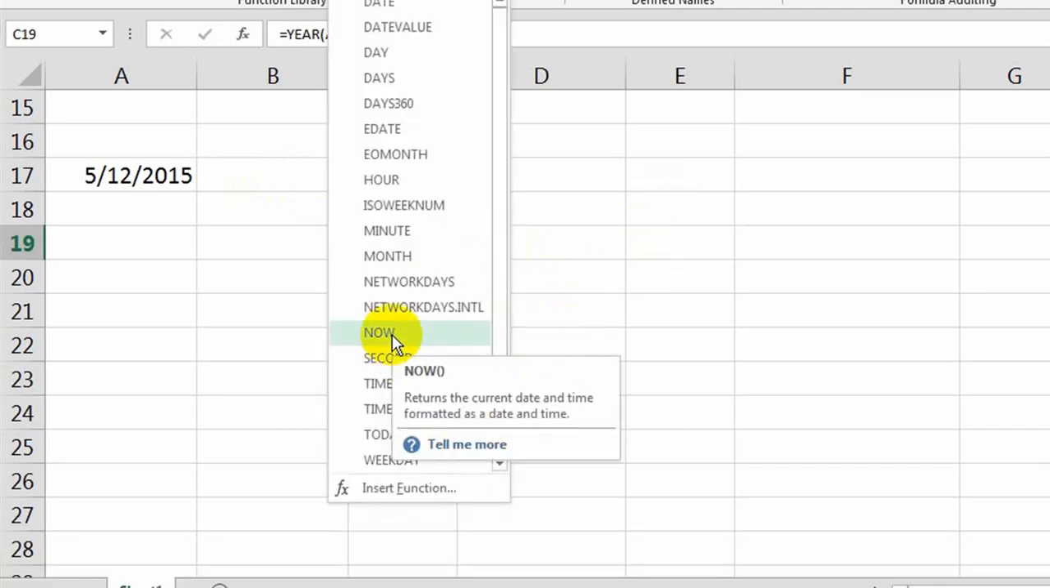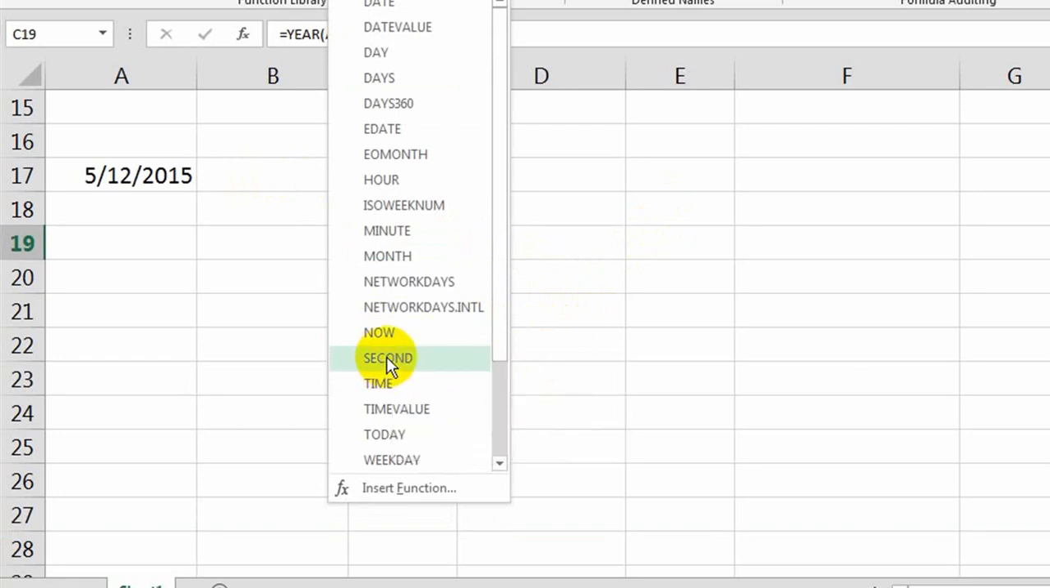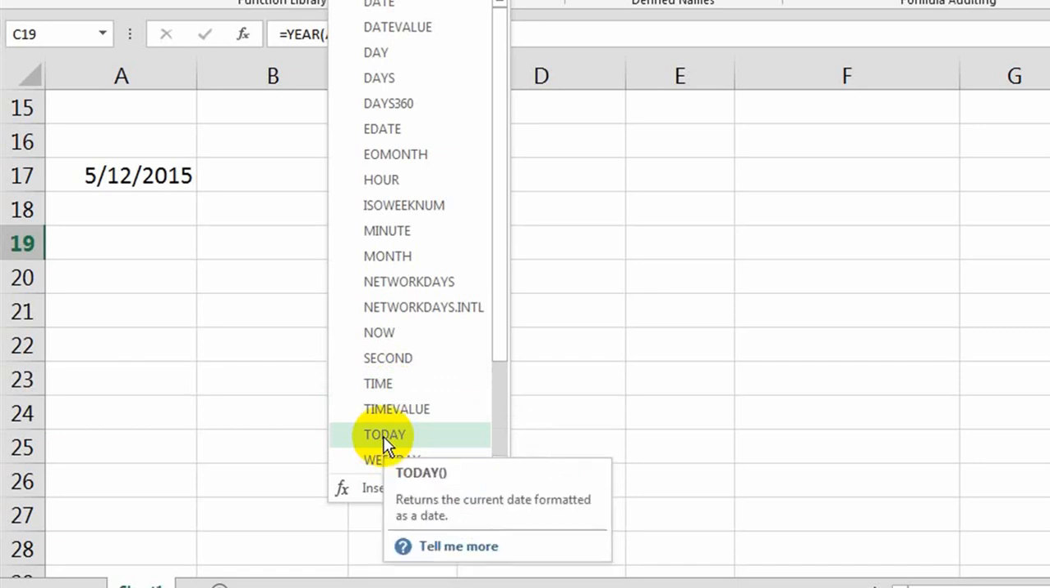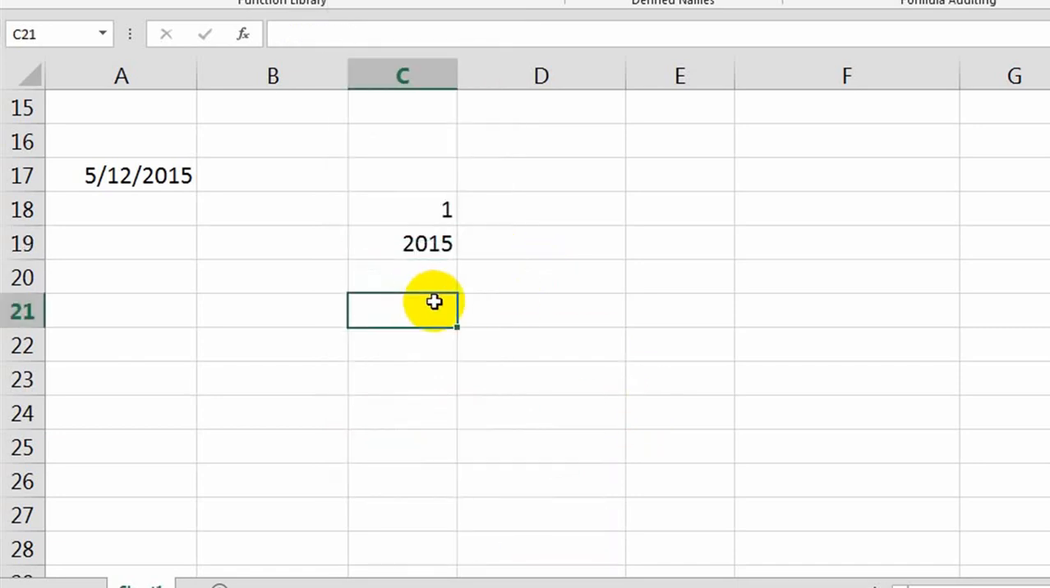Similarly, here you can see NOW. It displays current date and time. Here you can see SECOND. It displays only the second from the specified time. And the TIME option displays hour, minute and second. And TODAY displays the current date formatted as date. For example, equal to TODAY. Now, current date, for example,